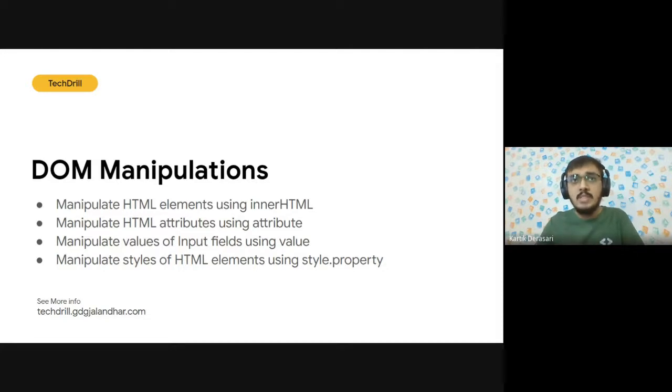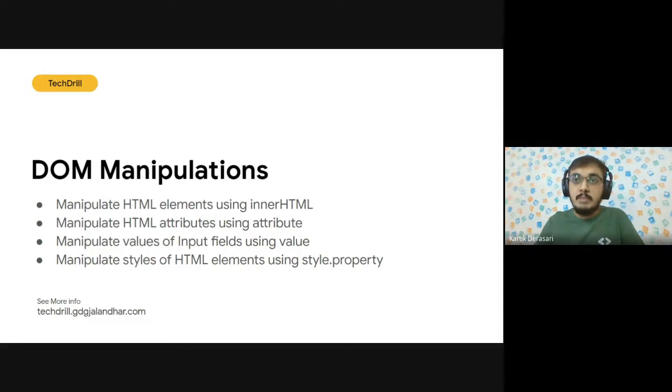So generally, this is how we use DOM manipulations. We'll see how these things work, and we'll also see the demo of all the JavaScript part. But for now, I'm trying to make you understand how we can manipulate HTML.